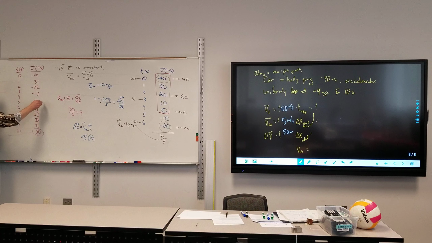Can't use the finger for this one. So it's going to be somewhere in here. Matter of fact, it's going to be closer to 5 than it is to 6, because that's closer to 0 than that is. The way that you would solve it,